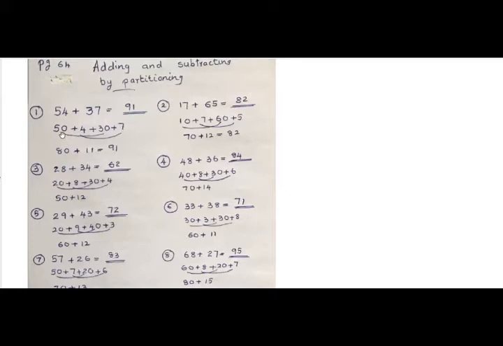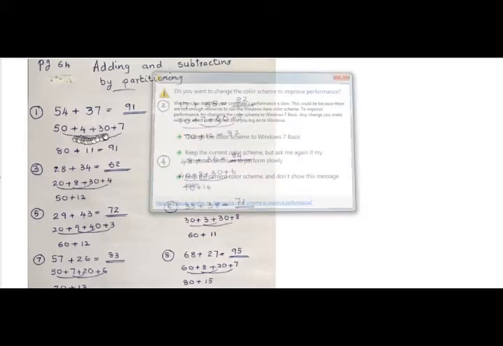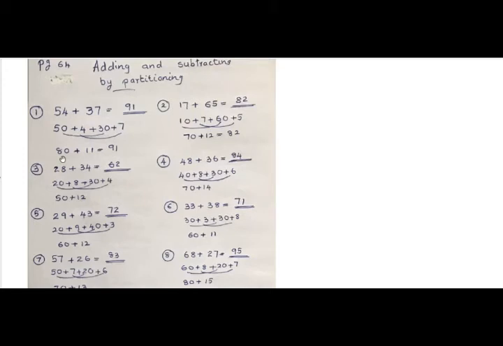Then we add tens together, then units together. Tens, 50 and 30. 50 plus 30. 60, 70, 80. 50 plus 30 is 80. Then units together. 4 plus 7. 7, 8, 9, 10, 11. 4 plus 7 is 11. Then we get the total of 80 and 11. We'll add them. 0 plus 1, 1. 8 plus 1, 9. The final answer is 91.